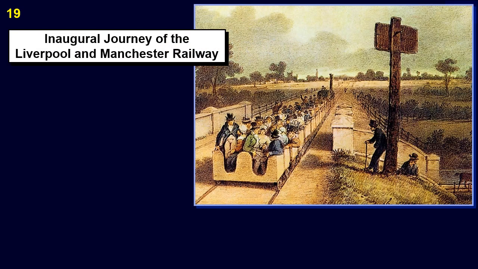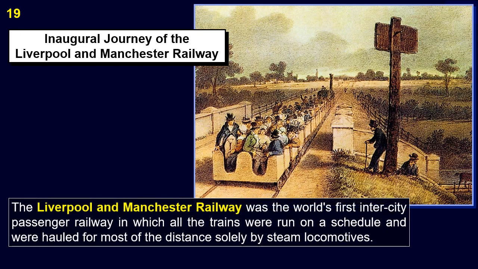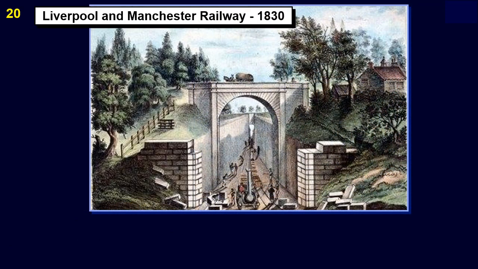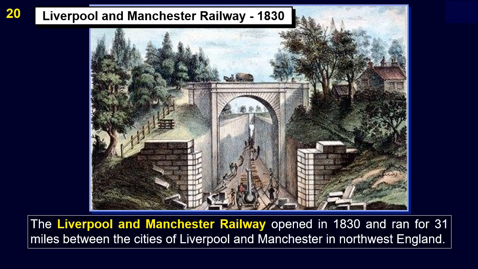The Liverpool and Manchester Railway was the world's first intercity passenger railway in which all the trains were run on a schedule, and were hauled for most of the distance solely by steam locomotives. The Liverpool and Manchester Railway opened in 1830 and ran for 31 miles between the cities of Liverpool and Manchester